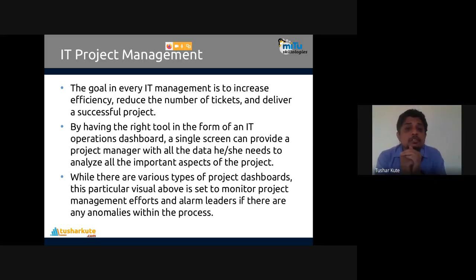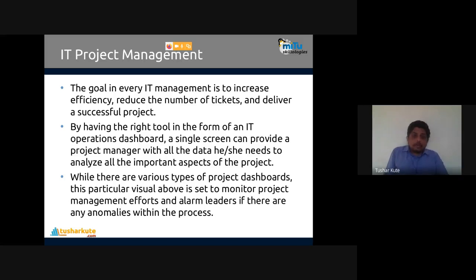While there are various types of project dashboards, this particular visual shown above is meant to monitor project management efforts and alert leaders if there are any anomalies within the processes. If there are anomalies, we can rectify them, whether related to deadlines, the performance of company employees, or the team.